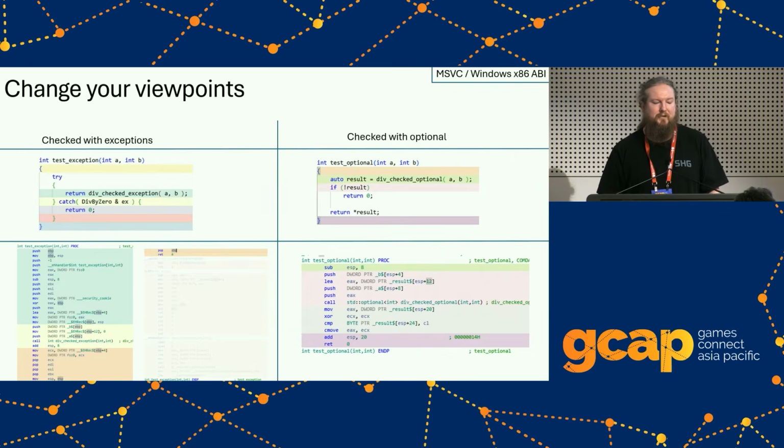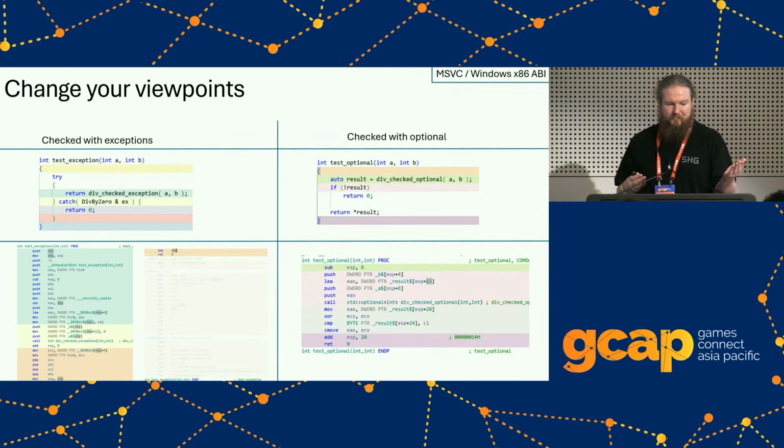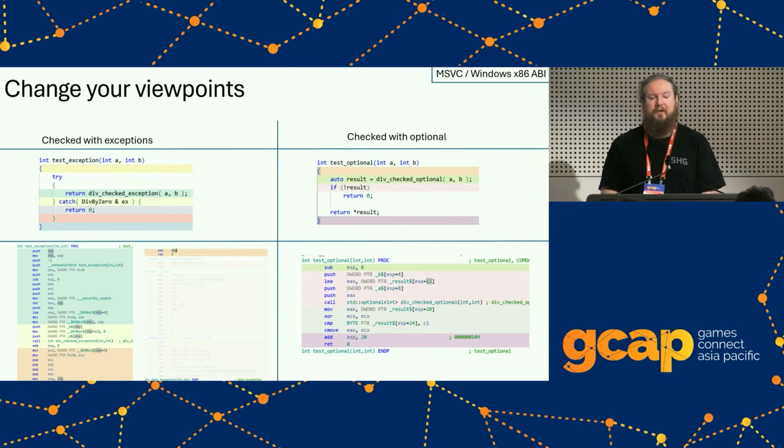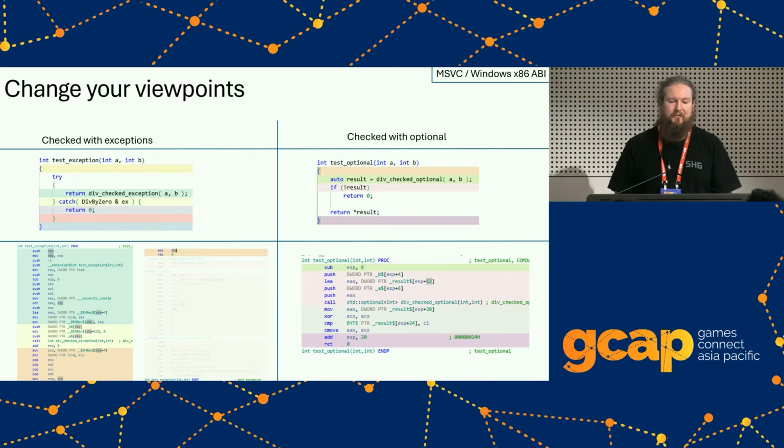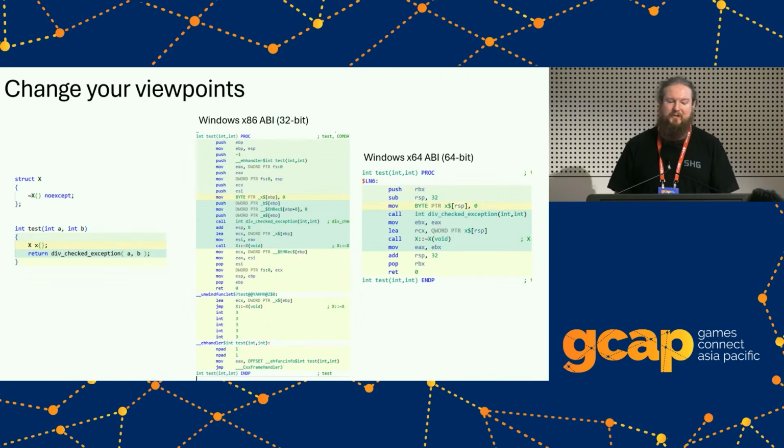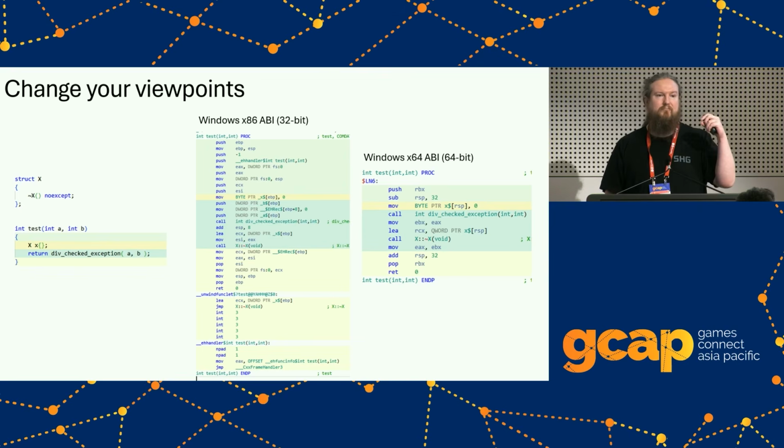And to show some examples of that, if I've got that same try-catch block here, you can see the try-catch block is significantly larger than the optional one. It pushes a bunch of things on the stack, pops them all back off. It's storing a whole heap of things that we really shouldn't need to store. And then if we look at another case where exceptions impact things, if we just had a function that has an object that has a destructor, it also has a bunch of things that it needs to push onto the stack and store. So this is where exceptions were very costly in that 32-bit stage.